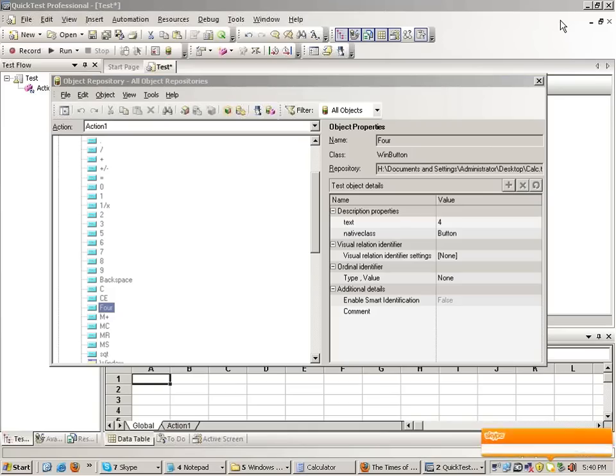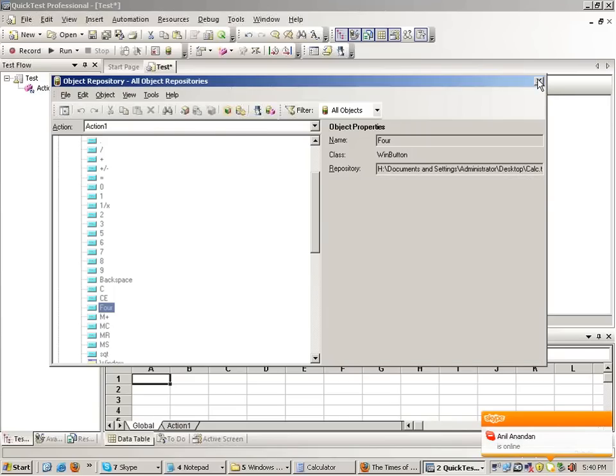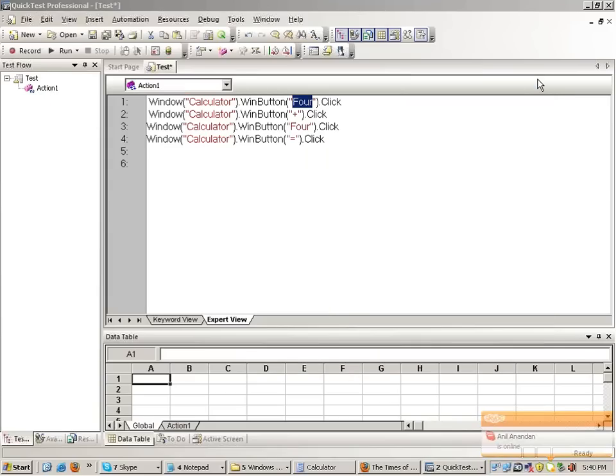Now, this is about object repository. Object repository is basically something wherein you can store all the objects. It's like your warehouse, just like your database, and you can pick out the objects from the object repository when you're running the script, and you can bring that into your application. One thing which I guess I missed out with you guys is that